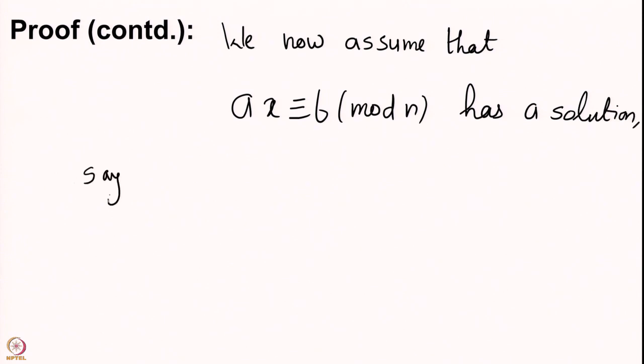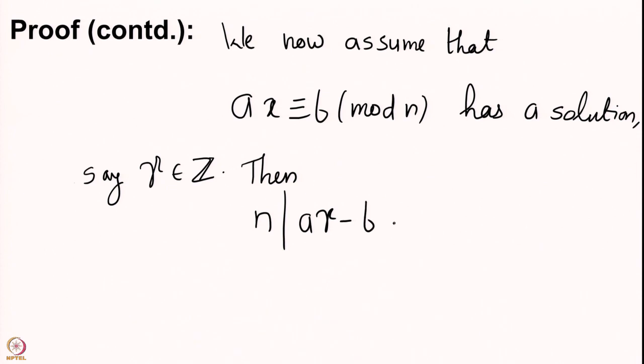Say gamma, this is some integer and we have this congruence has a solution. So, that means n divides A gamma minus B. But now we have that m divides all of the n, A and B. So, we can then write